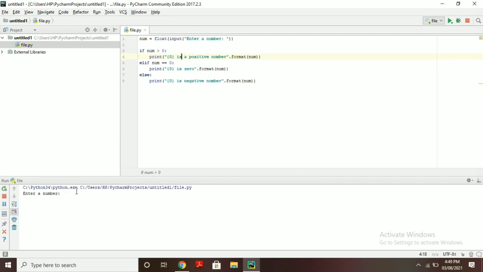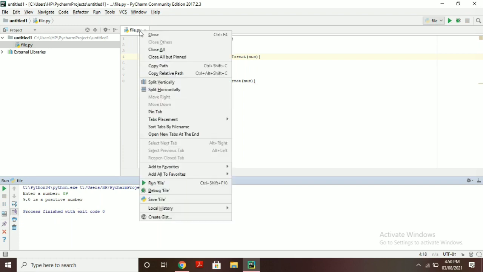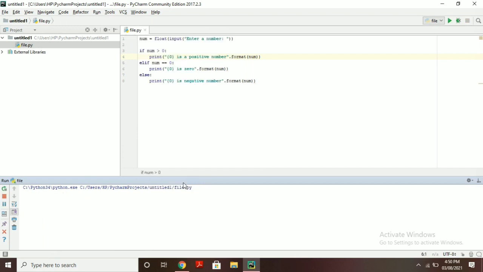It is running here. In the command prompt, whenever we execute the code, we can enter the number, like I have written here 87. It will print that it is a positive number. Again, if I execute it and give 09, it will again print that it is a positive number. Again, if I am executing the same thing, I have written -8, so it is printing it as a negative number.